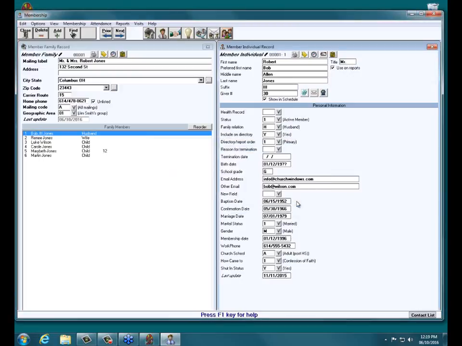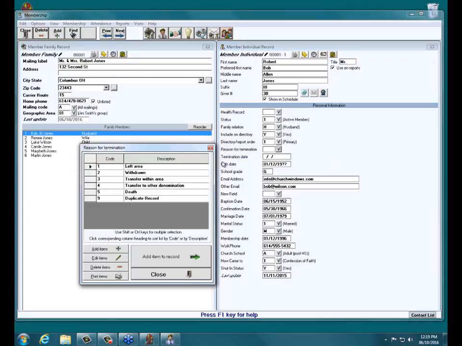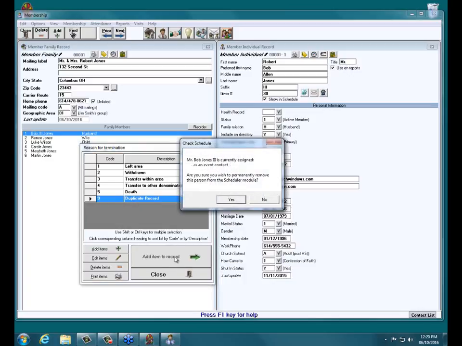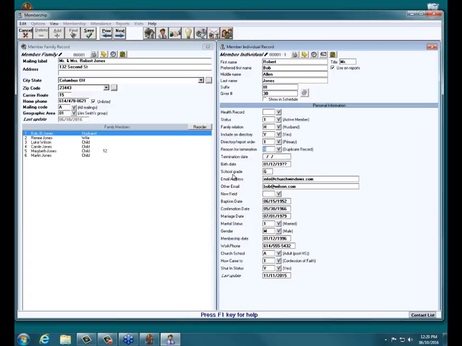If that's the case, but there's still a duplicate, like say you had two different versions of the same person, both with giving, but you've transferred the giving all to the correct one, what you do with the incorrect version is give them a reason for termination. You may need to create this code, but a lot of churches just use a code for duplicate record. You just give him a reason for termination of duplicate